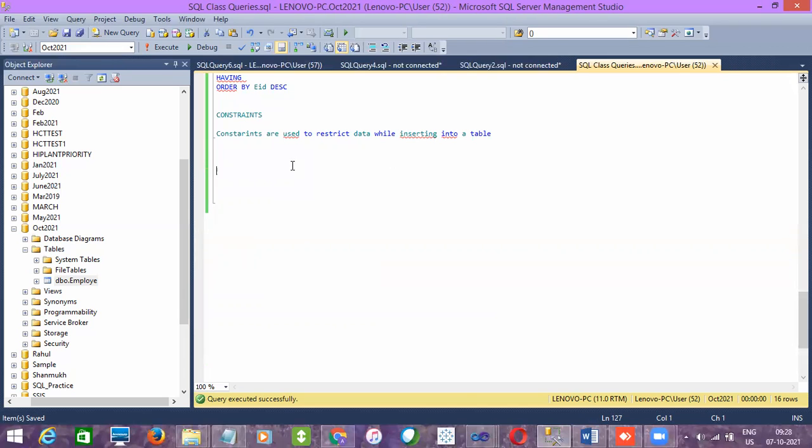So we have a few types of constraints, which are primary key constraint. Yes, this is important. Listen carefully, and if you did not understand, let me know.